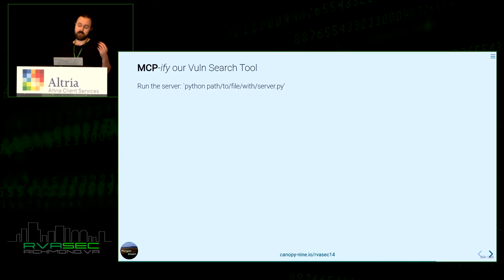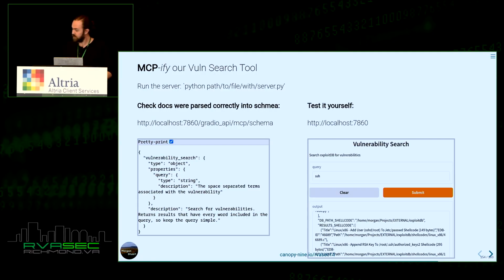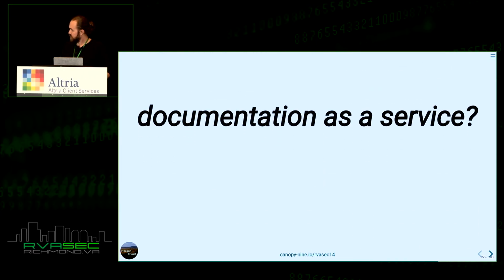I will say that if you're doing this, what you'll want to make sure you do is check that the schema that the MCP server is supplying to the models actually contains all the documentation that you wrote, because if it misses it and you just have blank stuff there, the model's not going to know what to do. Took a bit of time debugging that myself. And of course, at least in this case, they have a user interface to the same tool where you can check it out. So here I'm just searching for that SSH set of vulnerabilities.